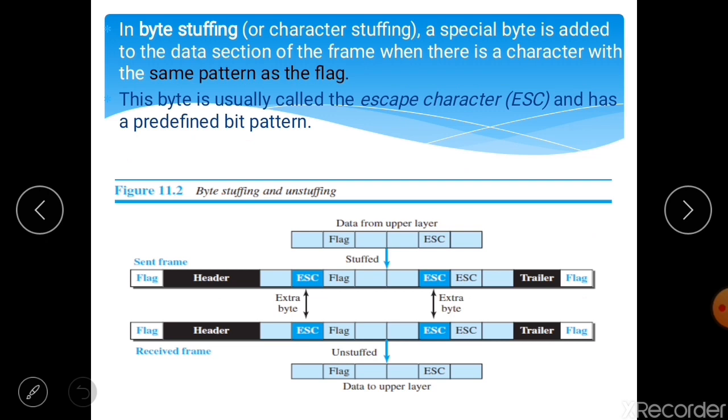To solve this problem, the escape characters that are part of the text must be marked by another escape character. In other words, if the escape character is part of the text, an extra one is added to show that the second one is part of the text. So here you can see.